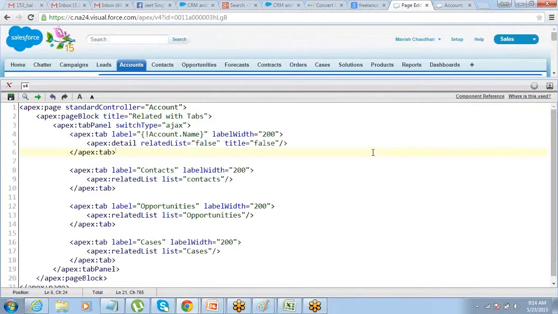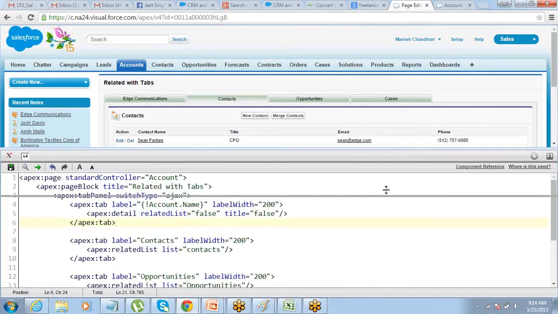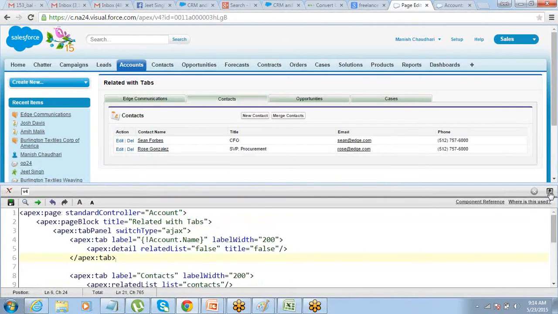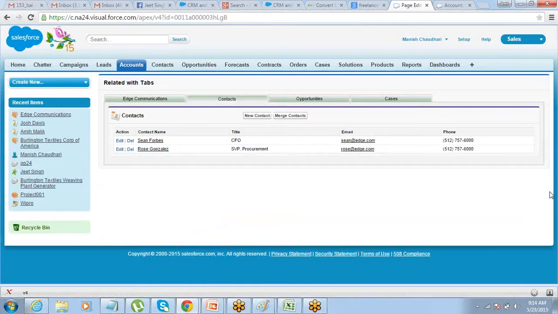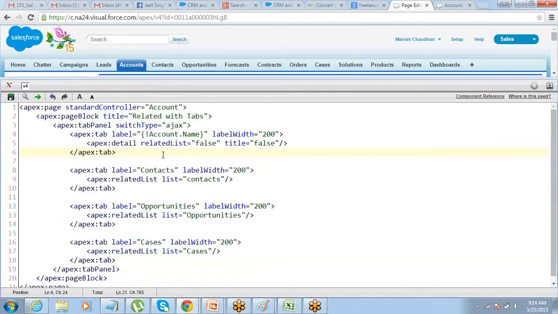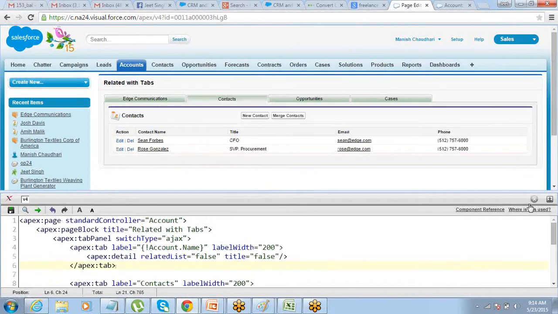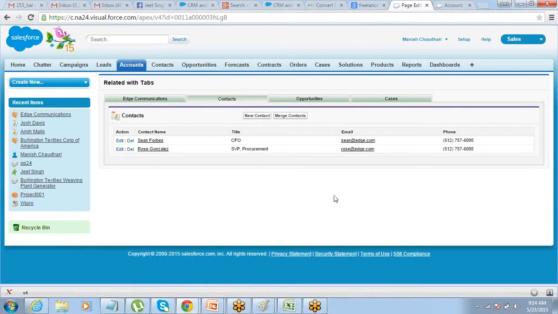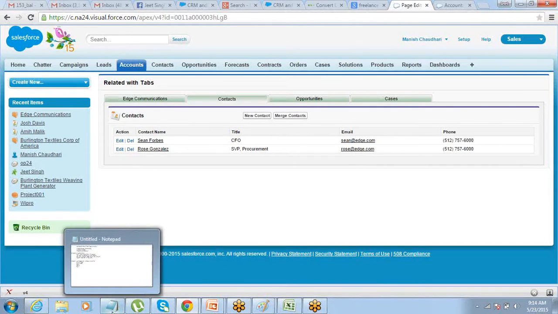So we have now created a few pages using the standard controller. All right. Now the next example that we're going to do is, let's create a page where we can enter the data from our side.